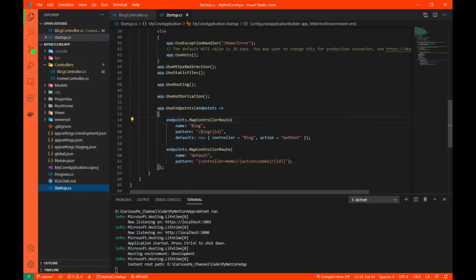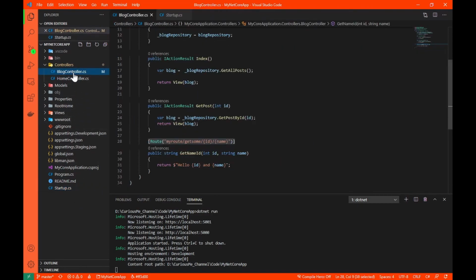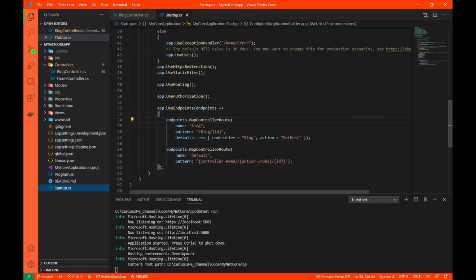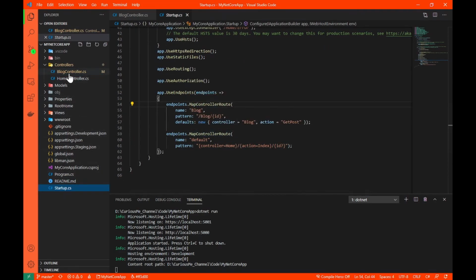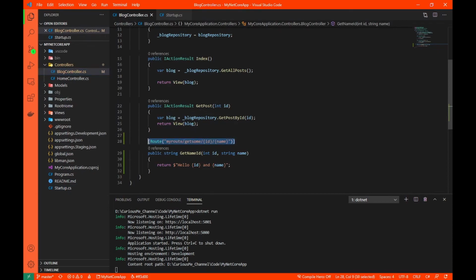So that's why I created a separate branch for explaining attribute routing, because it's not a preferred way. Basically, I'll be honest with you, attribute routing is not a preferred way of handling routes in your entire application, because it becomes very cumbersome and confusing if your application is very large. So we should always use conventional routing because it gives you support for attribute routing as well. So that's why I created a separate branch and I pushed it, and yeah, that's it.